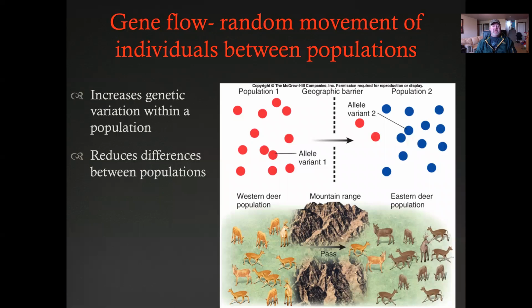Gene flow is pretty straightforward. That's random movement of individuals between populations. It's like if there was a herd of deer on one side of the mountain versus the other side of the mountain, the environment's different. They'll evolve differently on one side of the mountain than the other. Well, all of a sudden you have a couple of deer that are like, forget this, we're going over the mountain, we're going to go join that other group. So they take their genes to another population, and then they introduce their genes into that population, and that can create more genetic variation amongst that population.